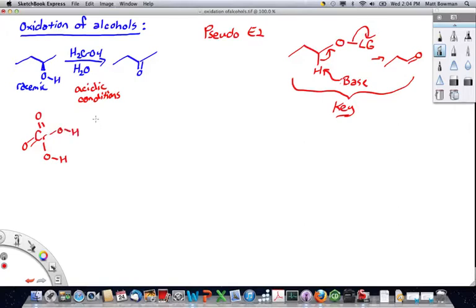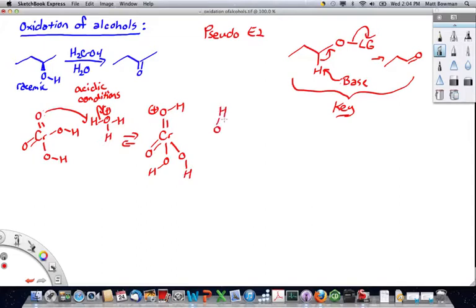And then the mechanism, you activate the chromic acid by protonating one of the oxygens, particularly the chromium double bonded oxygen with H2CrO4 plus. And what this does is it creates a good electrophile that a weak nucleophile, such as our alcohol,